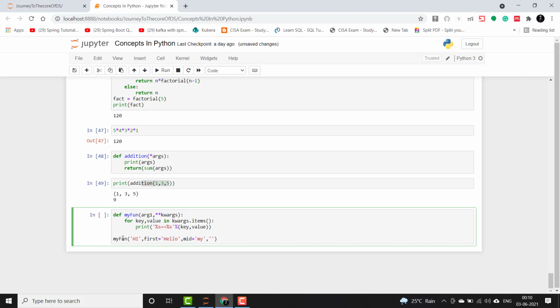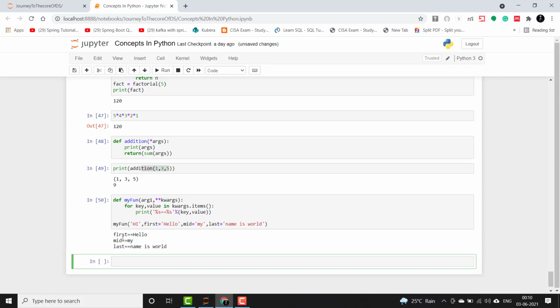Then let's say last name is the key, and world is the value for it. So this whole is the value for it. Let's check how it prints now. It has printed these by iterating over each of these key and value pairs, and it has given this output.